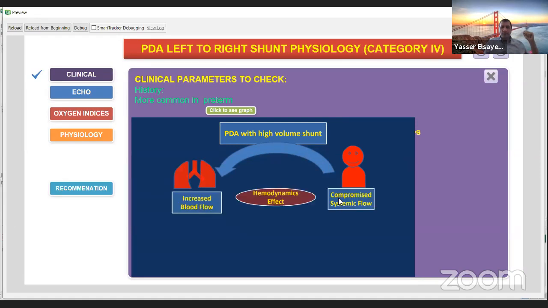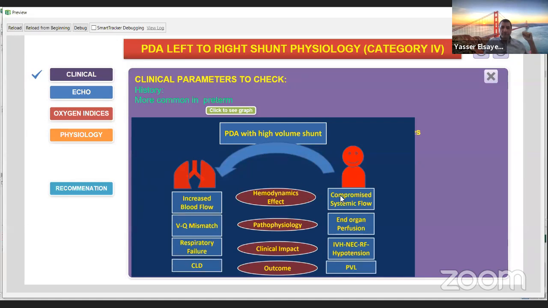And then this model is just showing the consequences of the high flow or high volume shunt. You have compromised systemic blood flow and blood shunted to the pulmonary blood flow. You have a pathophysiology of end organ compromised perfusion, and you have a VQ mismatch. IVH, NEC, and renal failure might happen as a consequence of PDA left-right shunt, and then the impact is on the pulmonary side with respiratory failure. And the outcome might be BPD,